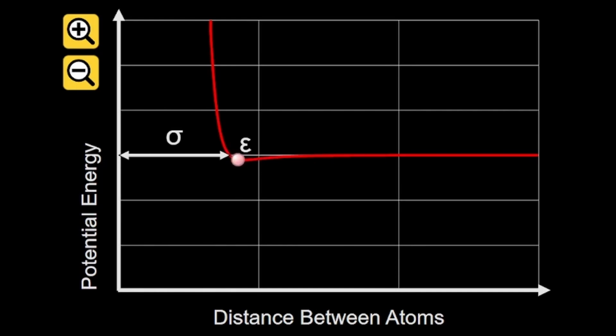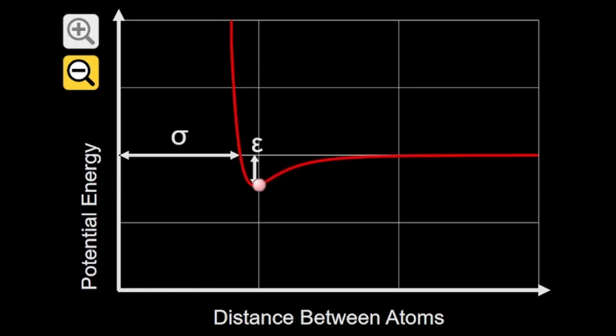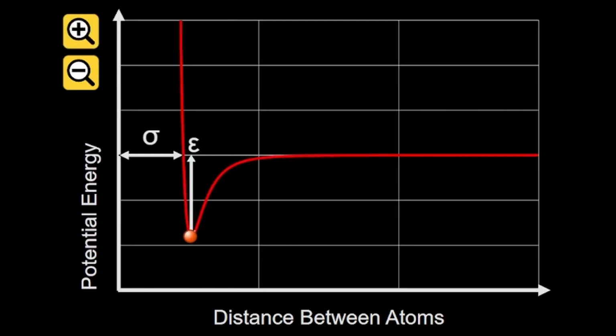The sigma term of the Lennard-Jones potential represents the distance at which the intermolecular potential energy between the two particles is zero. It's a measure of the size of the particles or molecules and is often referred to as the hard sphere diameter. The epsilon term is the minimum potential, known as the potential well, of a given Lennard-Jones governed